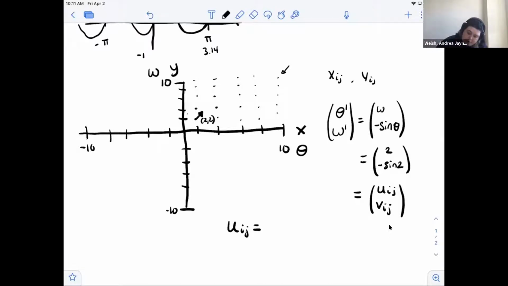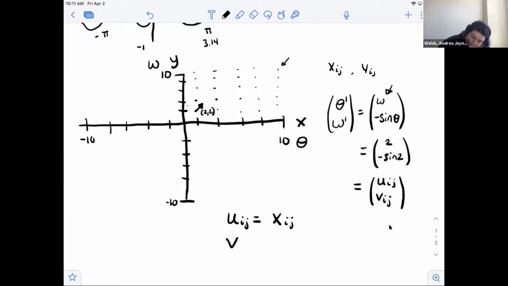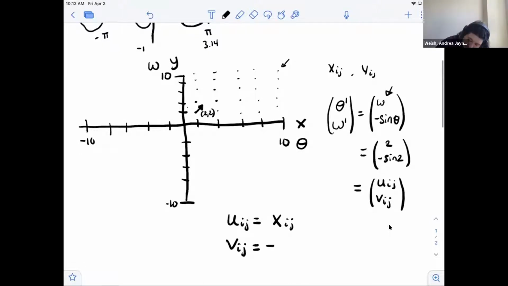So our equation here is just omega for Uij. So that on our mesh is Xij. And for Vij, the y direction of our tangent vector, our equation tells us it's going to be minus sine of,